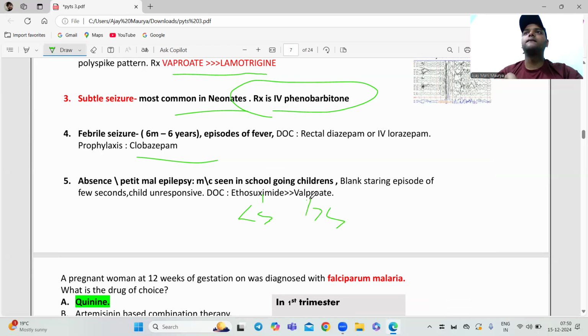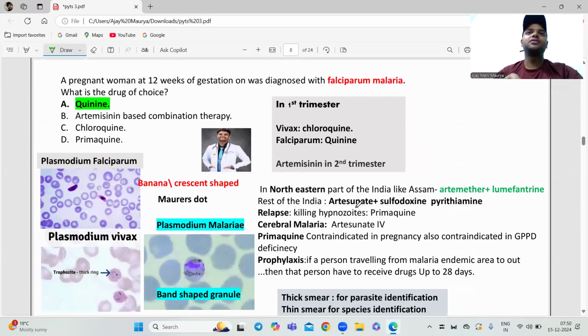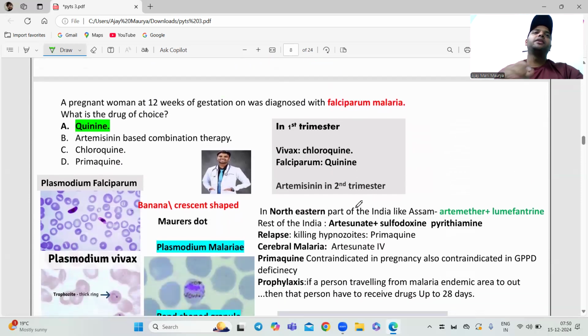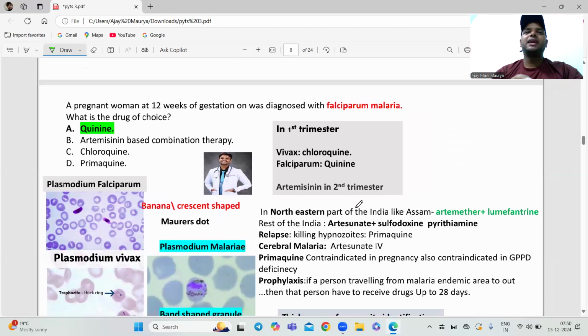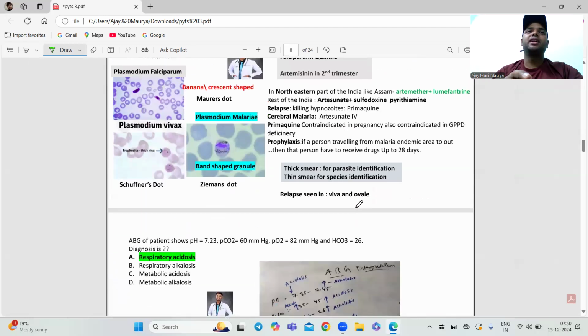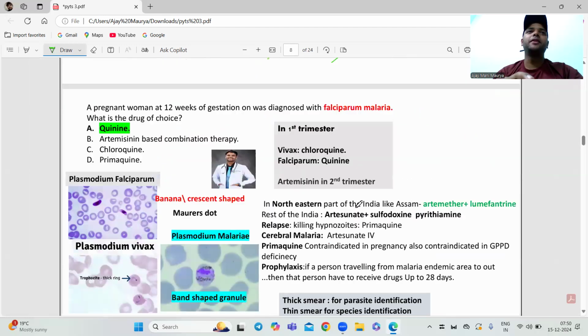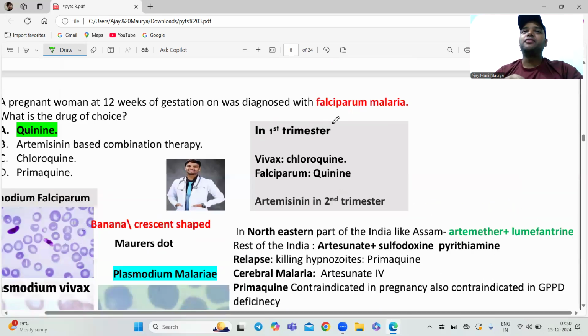Okay, done. Next one, guys, is malaria. We will get one question from malaria, guys. Okay, now see, a pregnant woman at 12 weeks of gestation. Remember here, for malaria you will get one question here. See here, in the first trimester,